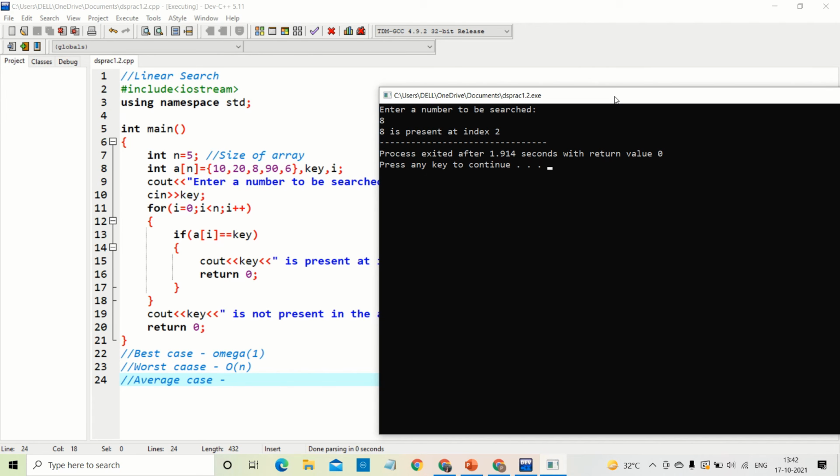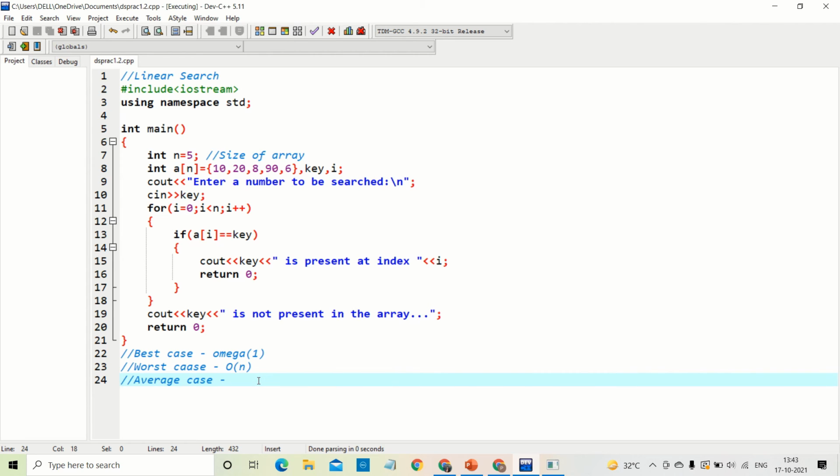Okay, so I'm not getting the value in one comparison, nor am I getting the value in n comparisons. So we can say it can be n minus 1, it can be n minus 2, it can be n minus 3, right? But if I take any of these examples, अगर मैं कोई भी equation उसमें से लेती हूँ, n minus 1 or n minus 2 or n minus 3, etc., इसमें जो highest power का जो variable है, that is n itself.